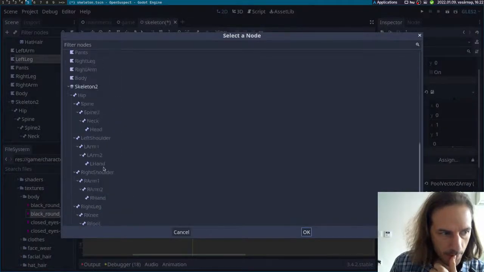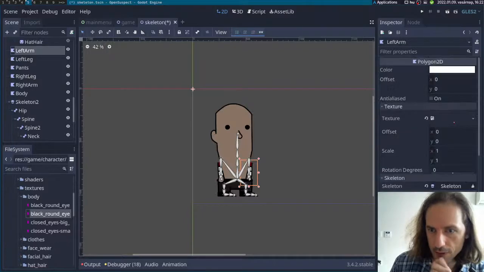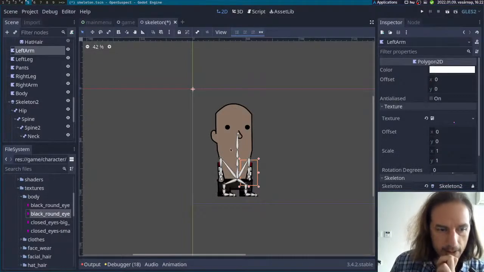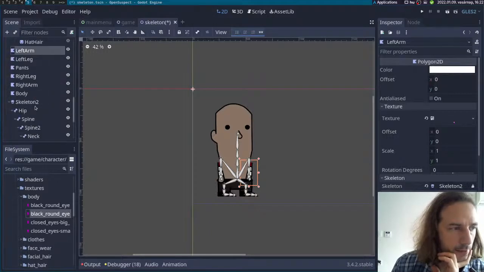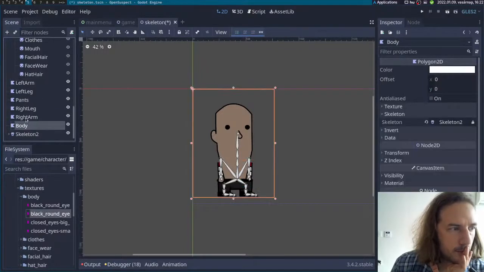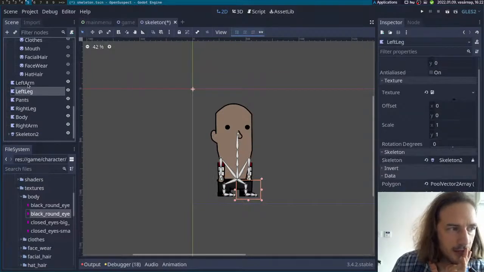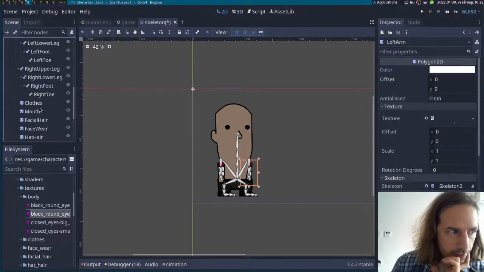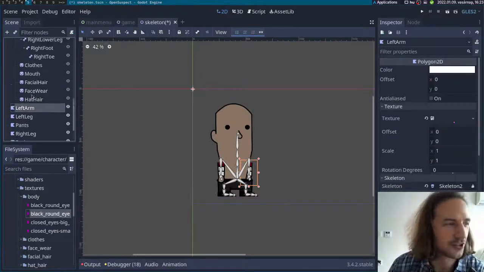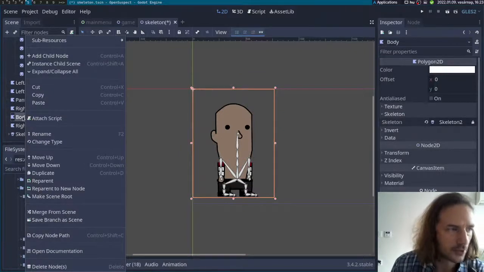Skeleton 2. And we need to modify the animations also. Okay, so this is fine. The other things, so what is the order of things here? So that's body, right arm. So right arm should be in front of the body. Right leg, pants, left leg, left arm. That makes sense. And all the other things like clothes, mouth, facial hair, face hair, and head/hair, which should be head/hair, not just head hair, of course. But anyways, all those could actually be